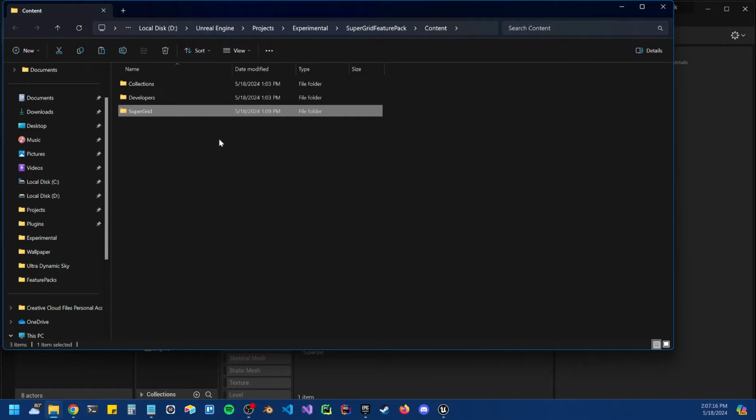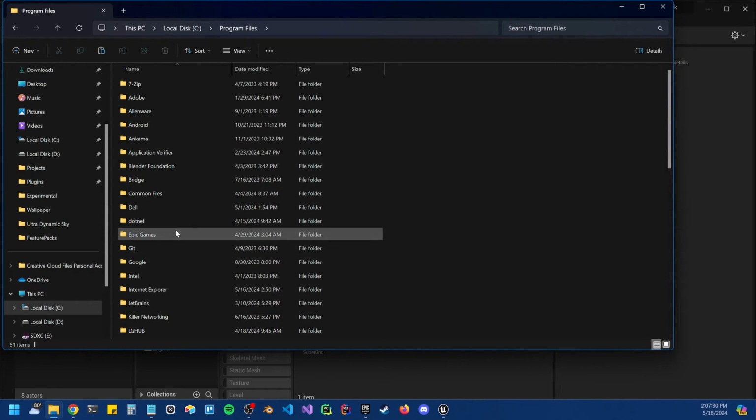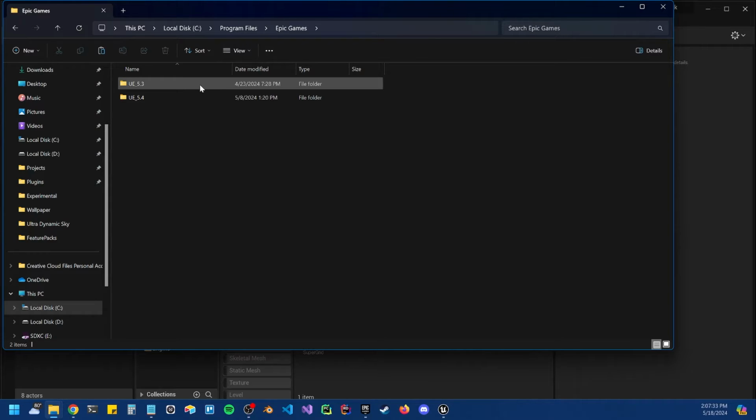Make sure you don't include the developers or collections folders. Now, let's navigate to our samples directory. In my case, it's going to be in local disk C, program files, Epic Games, our engine version, in my case, UE 5.3,